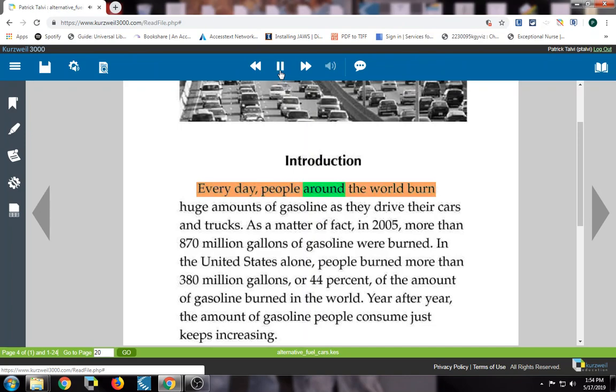Every day, people around the world burn huge amounts of gasoline as they drive their cars and trucks. As a matter of fact,